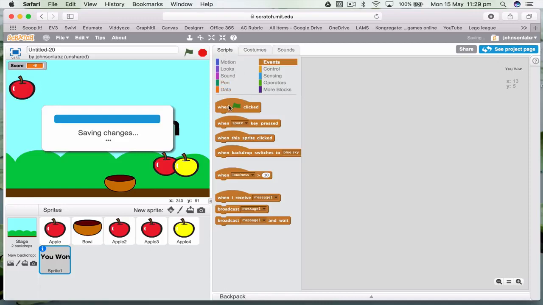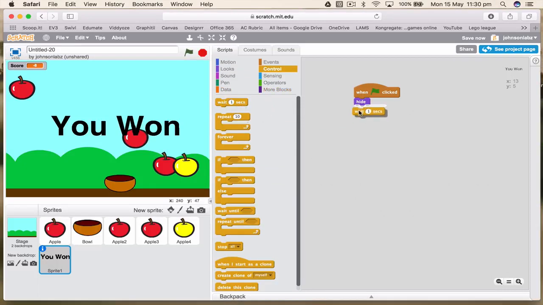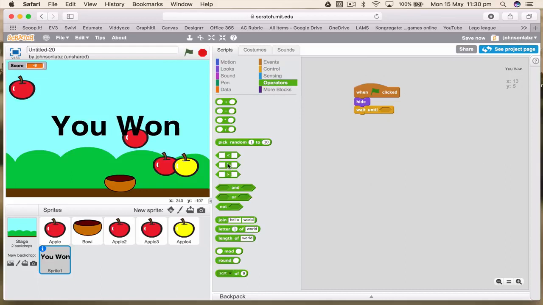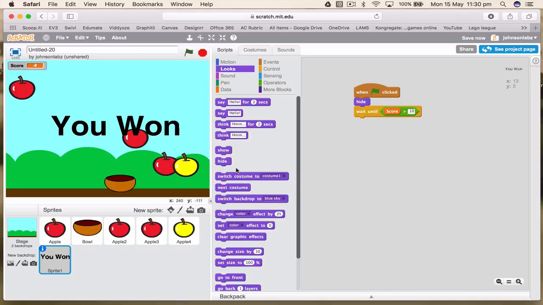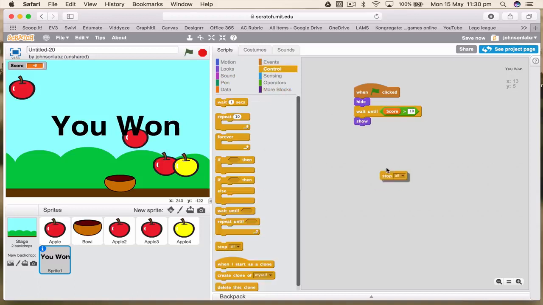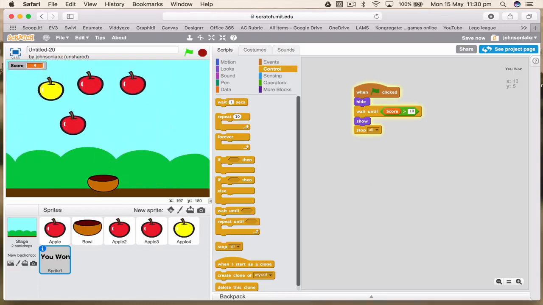Okay, now we need a script here. So here, when this is clicked, what we can do is we can just hide it, so you don't see it. And then let's go wait until, yeah, wait until the score is greater than 10, and then we're going to say show, and we're going to go stop all. Right, so it's a really important one. Stop all. Right, so let's try it. So if I can get to 10,